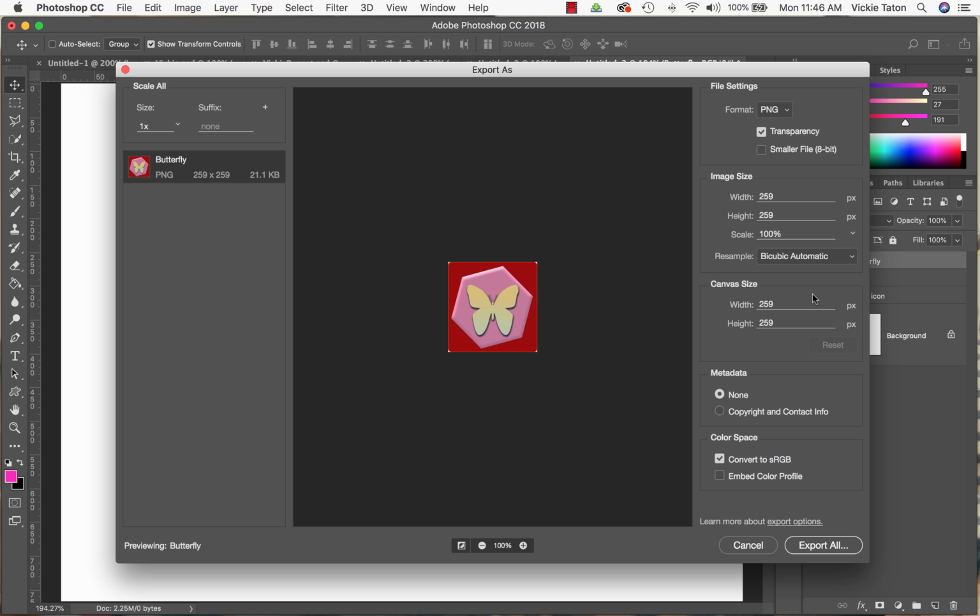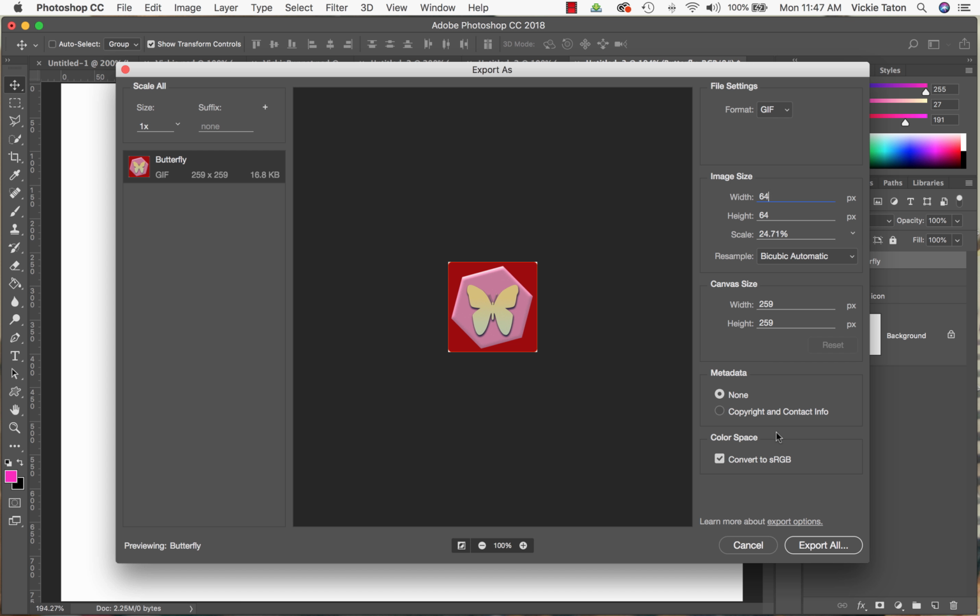When I get the Export As window, it gives me a little preview here, and it shows me the format that I used the last time, basically. If I want this to end up as a GIF, I'll go ahead and change the settings, and you'll see that my image size is 259 pixels. I know that I need 64 pixel by 64 pixel icons, so I want to make sure that I save those in that size. So I'll go ahead and change that